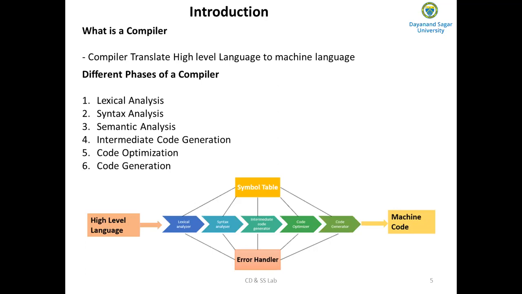And what is syntax analysis? Syntax analysis is the second phase of the compiler. This syntax analysis is also called the parser. You have to remember this. In our compiler model, the function of the parser is to check whether the input string of tokens from the lexical analyzer is a sentence of a given grammar. That means syntax analysis is all about discovering the structure of the text or the structure of the statements in your program.